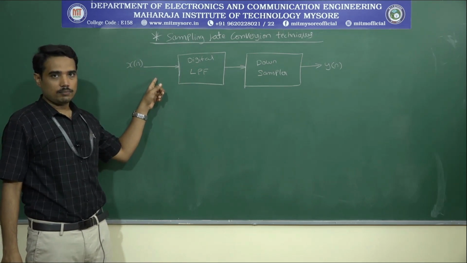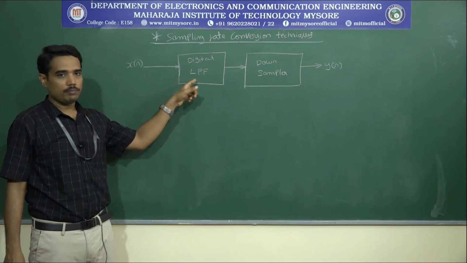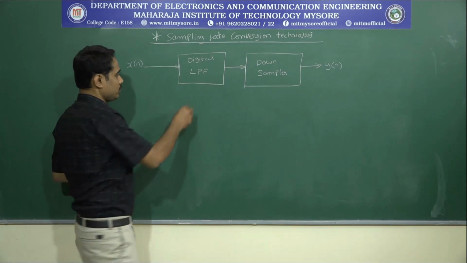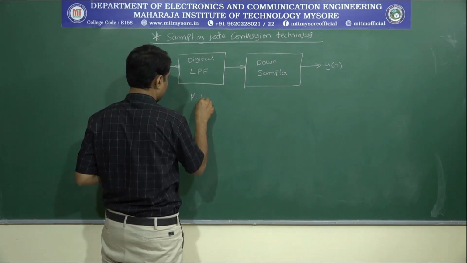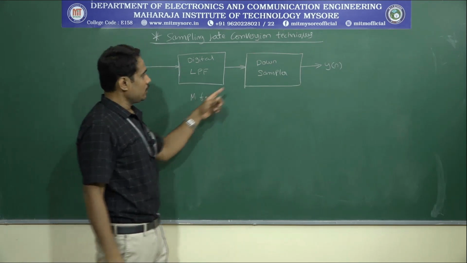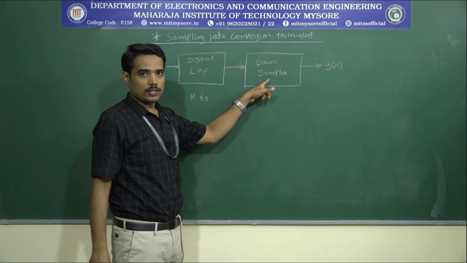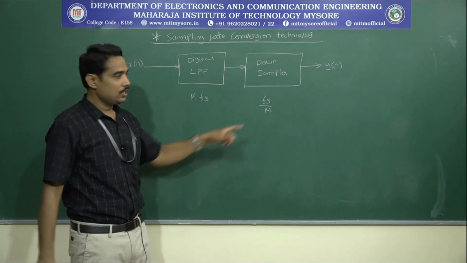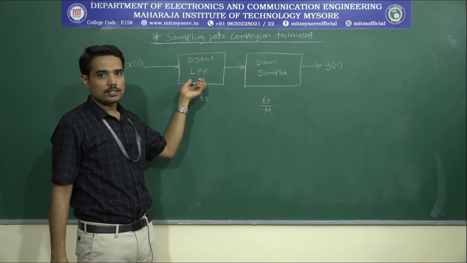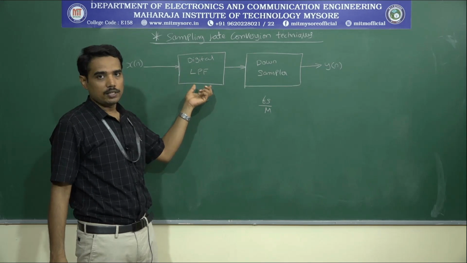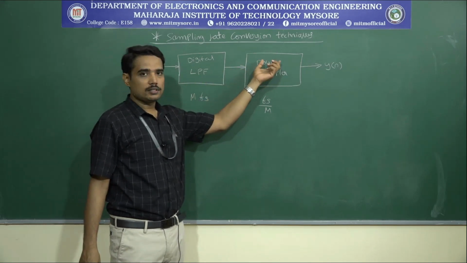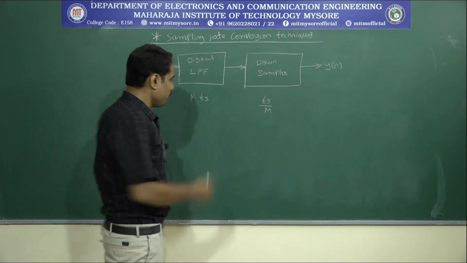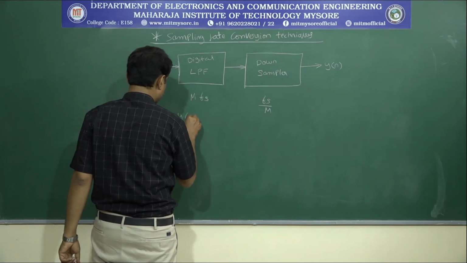First pass the input signal through a digital low pass filter in order to remove the excess frequency component, that is M with respect to Fs. Then we are going to perform downsampling, that is Fs by M. After passing through the low pass filter, the proper frequency components are present, then we can reduce the sampling rate to get the output y of n,